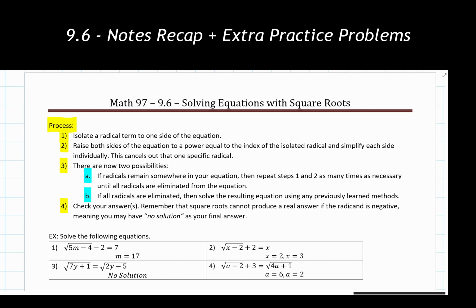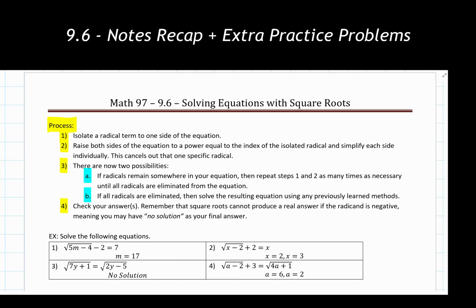So as a quick summary of everything we did in 9.6, we had our main process that we followed here. If you haven't written these down for yourself, I highly recommend you do that. And make sure you are checking and following these steps as you are going through the problems. As you saw with our 4 examples that we went through down here, it doesn't mean it's only going to be 3 or 4 lines of work. As we saw with example 4, it's a lot more than that sometimes. But use these processes and these steps as a route to get from the very beginning to your final answer. There's nothing wrong with referencing them as necessary.